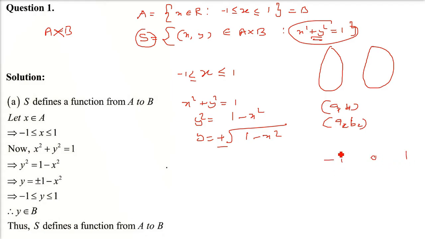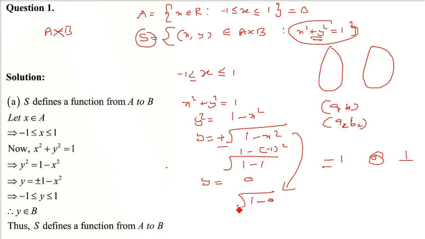We have -1, 0, 1. We are just taking some random integral numbers. So I am putting 1 and -1. It will be the same. X squared, x is -1, x is 1, it doesn't matter because it is squared. So 1 minus 1 will be 0. So you get 0 if you put -1 or 1. Let us try putting 0 in place of x and see what y value we come out with. I am putting 0 here. You get plus minus 1.